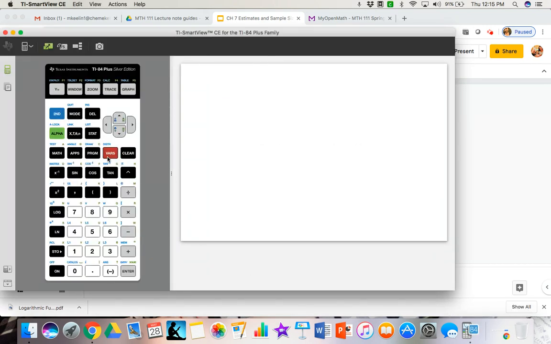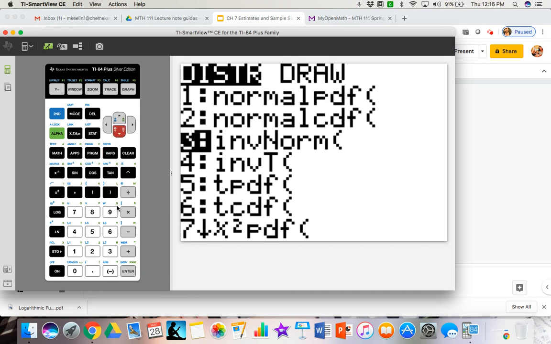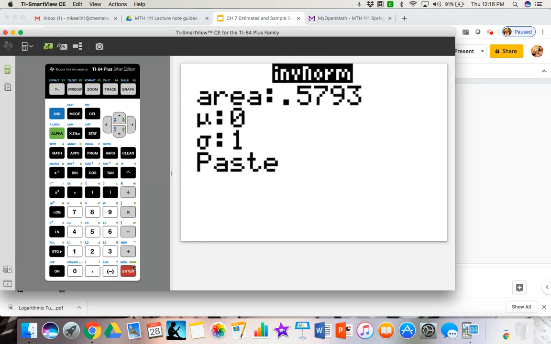So if we use our inverse norm, okay. Now here's a cool thing. We can type everything in here. So I know my alpha over 2 is 0.025. Now remember, inverse norm does area to the left, but z sub alpha is area to the right. So I know there's 0.025 area to the right. So to get the area to the left, I simply need to do 1 minus